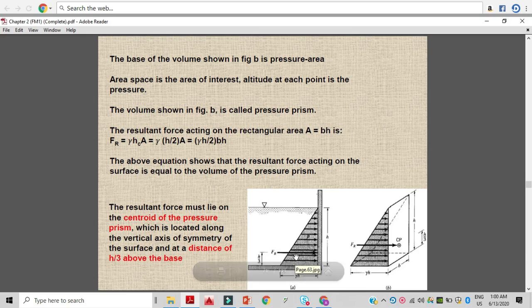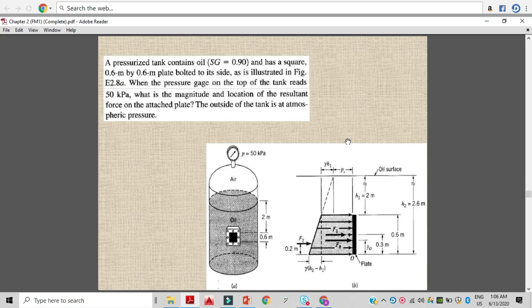If you know this technique and you have a case like this, straight away, if you know the length, width and height, you can find the net resultant force, and also you can find the location of the net resultant force using this technique. So here is an example. This we will solve